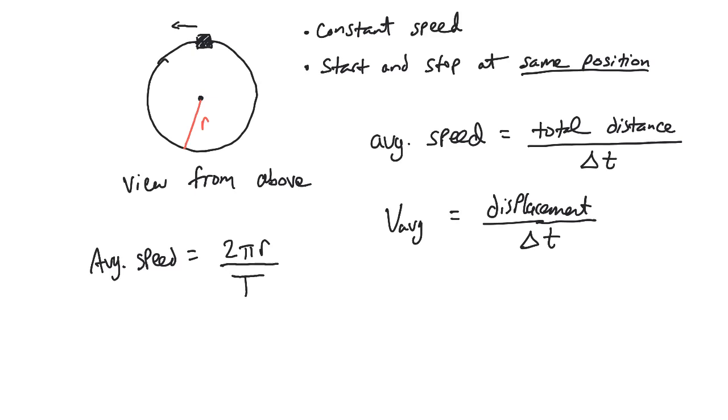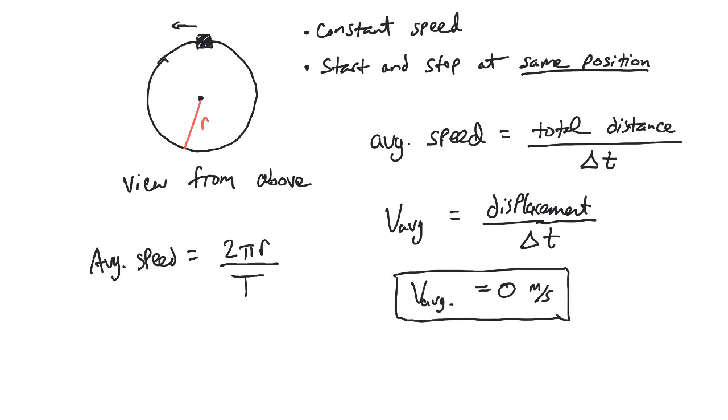And then what about average velocity? Well, if we start here and we end there, we have not been displaced at all. So we'd have 0 for our displacement, and we'd end up getting 0 meters per second. That's problematic because, I mean, it's correct, but it really doesn't give you any information at all about how fast you were going. So you can see how limited average velocity is in that case.